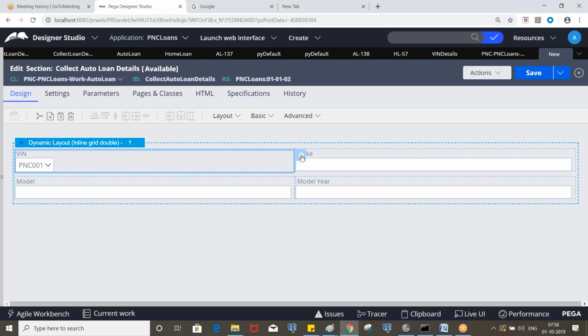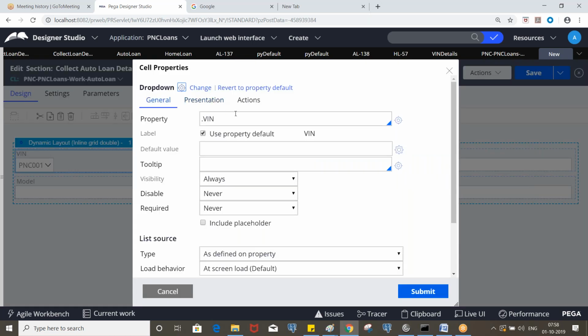Okay, so make it, yeah, put some placeholder.